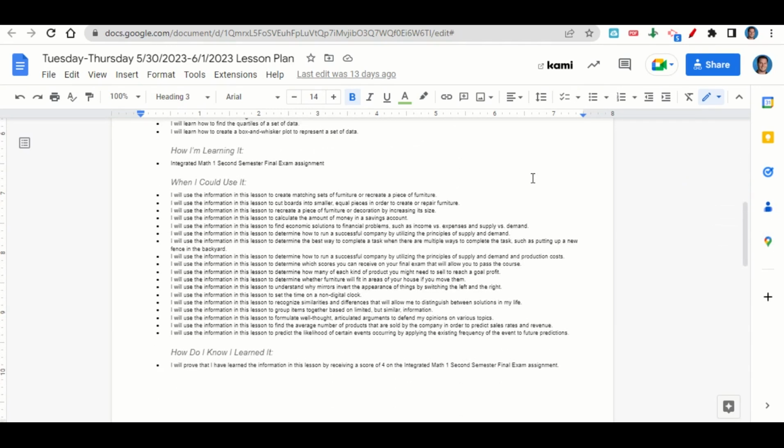To create matching sets of furniture or recreate a piece of furniture, how to cut boards into smaller equal pieces in order to create or repair furniture, to create a piece of furniture or a decoration by increasing its size, to calculate the amount of money in a savings account, to find economic solutions to financial problems such as income versus expenses and supply versus demand, to determine how to run a successful company by utilizing the principles of supply and demand, to determine the best way to complete a task when there are multiple ways to complete a task,